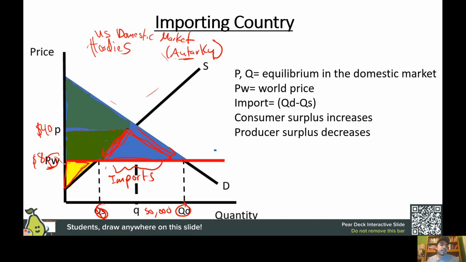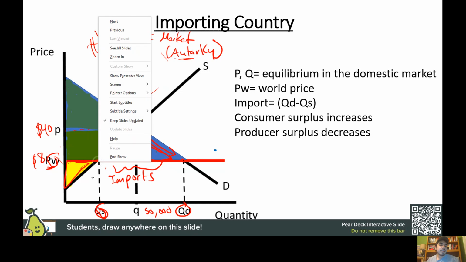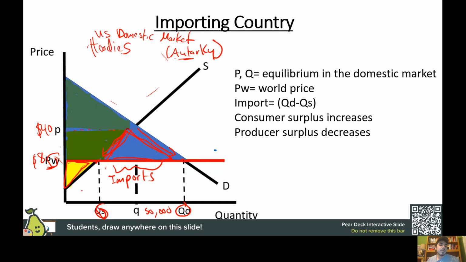And what this represents is the price that producers are receiving, and these represent producers that would have been willing to produce this good at lower price points. There weren't very many of them. But we still have some producer surplus, but it is significantly reduced. Okay, so pretty interesting. We can also see that from this equilibrium quantity supplied by the domestic market, we move